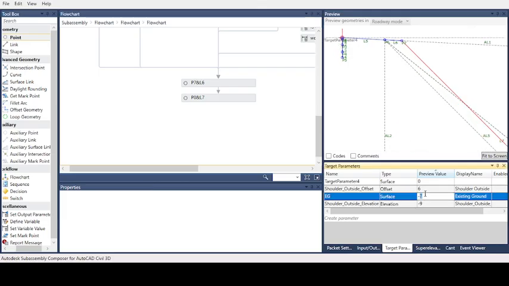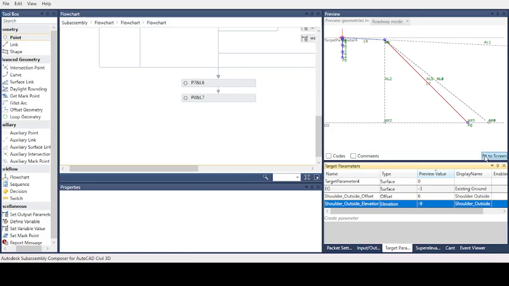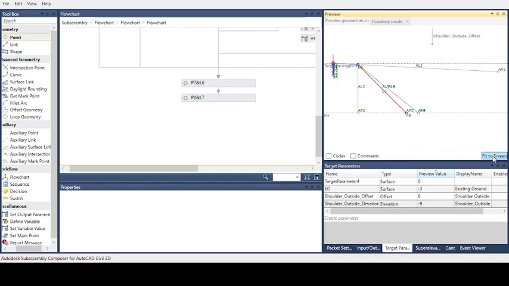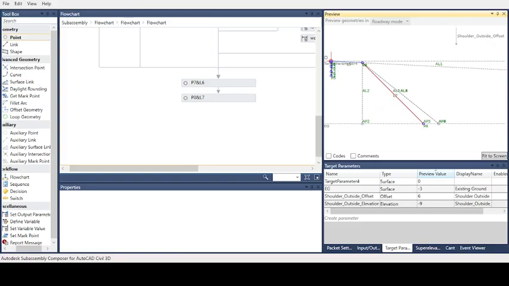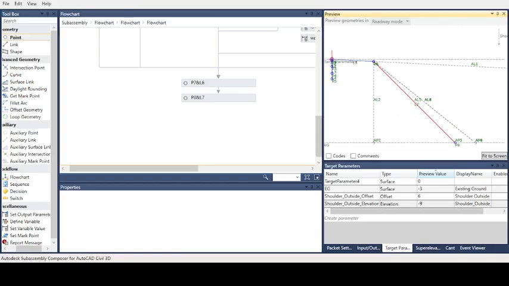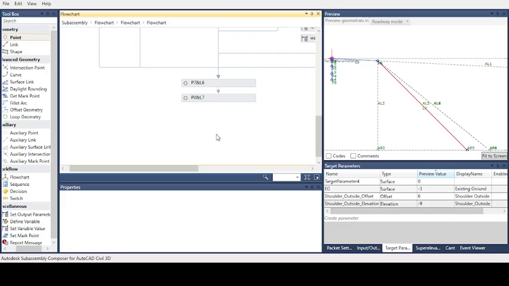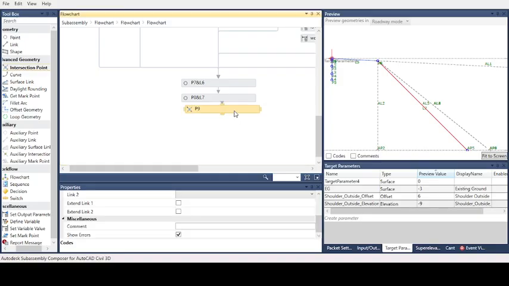We will make 3 meters, and we will make fit screen. And now there is an intersection point. This intersection point is